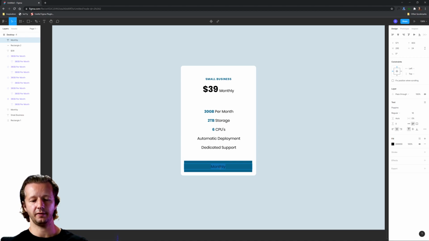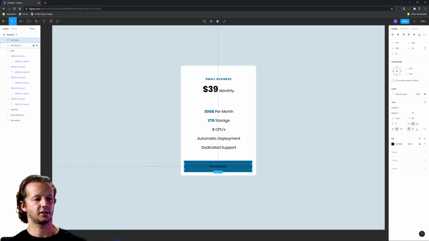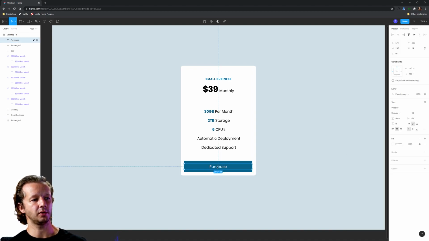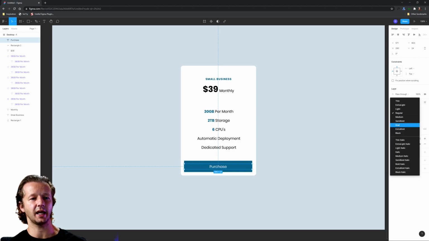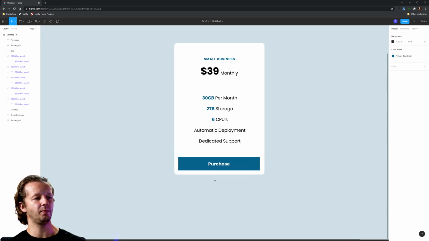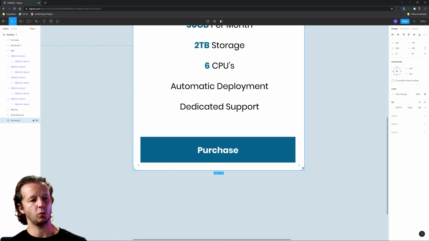And what's wrong now? Well, first we need to give it an actual relevant type, which is purchase. But now we have an issue of contrast. This is a darker background, so if we want to maximize our contrast, we're going to make it white. And we can also make it bold for the caption itself to stick out more. All right, so that's looking pretty good, although one thing to be mindful of, the container itself is rounded, but